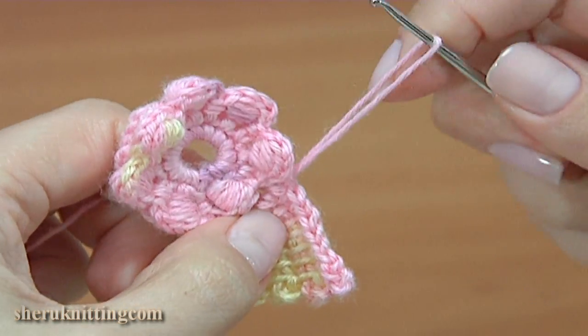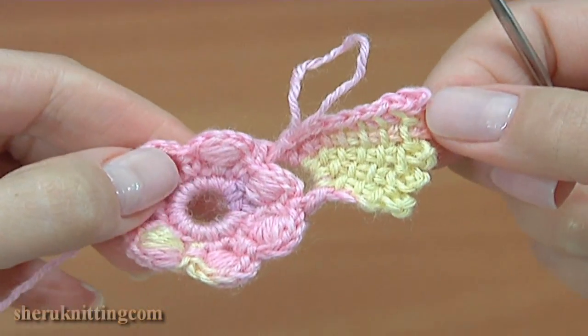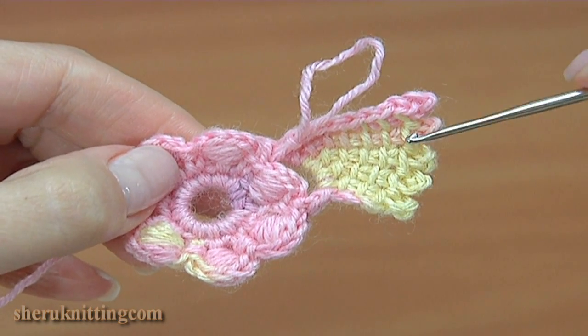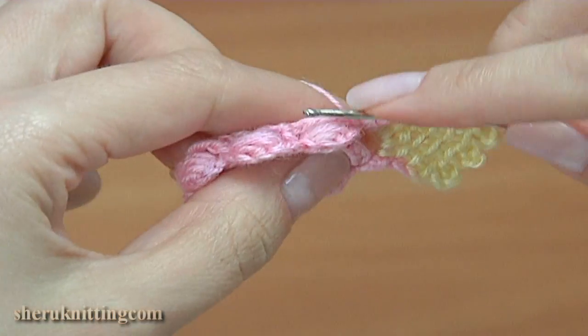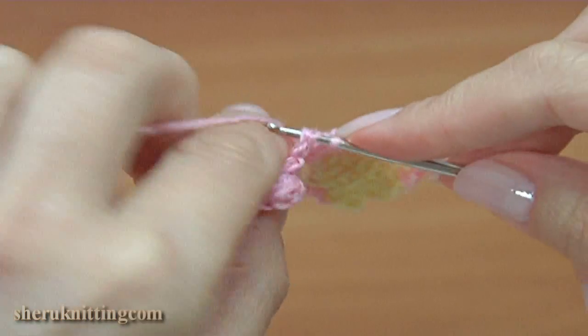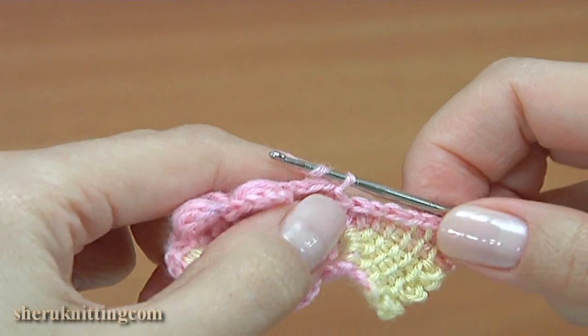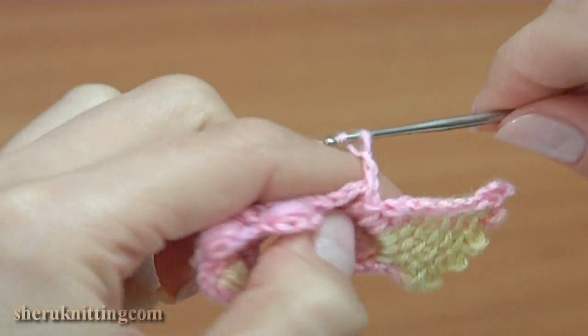So let's stop and look at our first petal of the flower. As you remember, we use Tunisian crochet. So let's begin the next petal. Make a slip stitch, chain of 3, begin from the second chain stitch away from the hook,